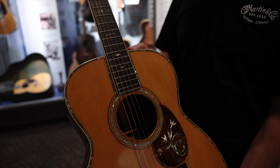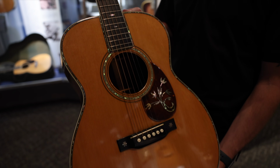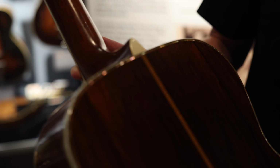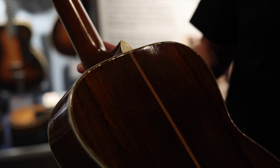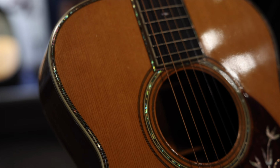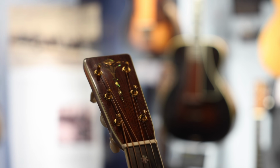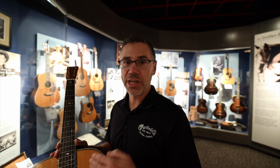In this case, we have a 1930 OM45 Deluxe, where there were only 11 of them built in 1930. So it's probably the rarest guitar we have in our collection. And because of that, it's worth around $300,000. So when you look at this guitar, it looks like something that the company would build today. Not only was Martin building 14 fret guitars at that time, other builders took notice and started changing over their